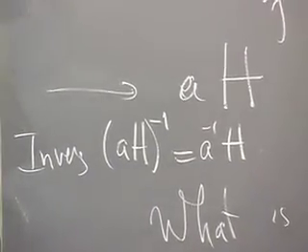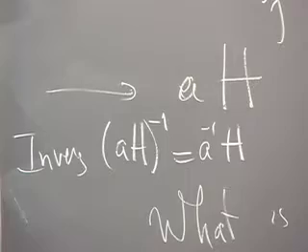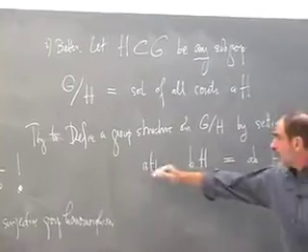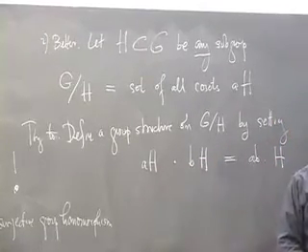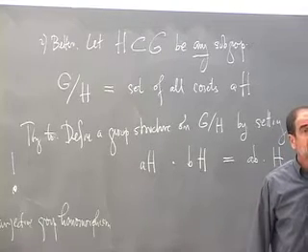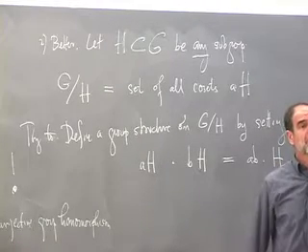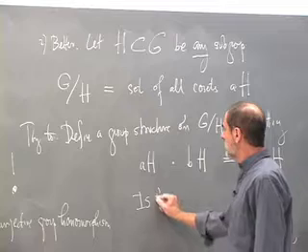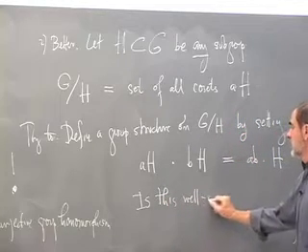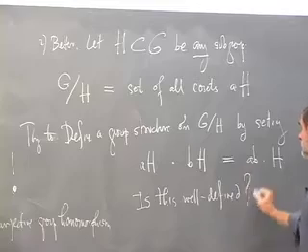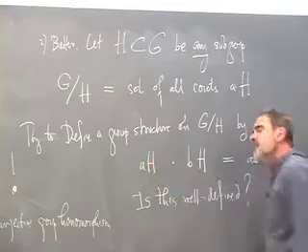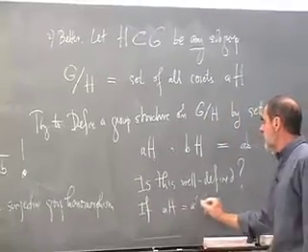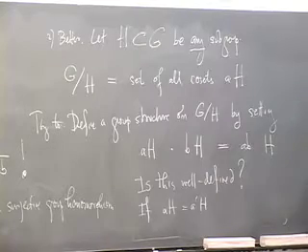So what would be the problem with this as a multiplication law? What is the problem with this as a multiplication law? It looks pretty good. I tell you how to multiply this coset by this coset. I tell you it's that coset. Yeah? Well, if aH is the same as some cH. Good. Exactly. Namely, the question is, is this well defined? Because the coset is not uniquely written as aH. Namely, if aH is equal to a prime H,